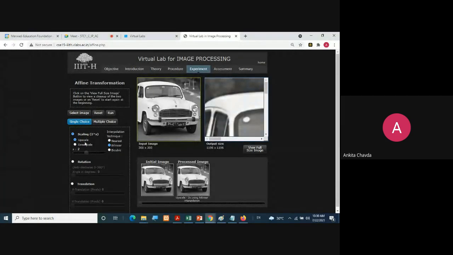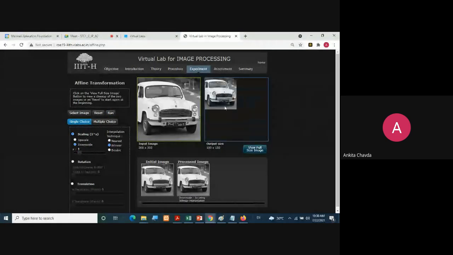So and downscale, that is zoom out, right? Fine.